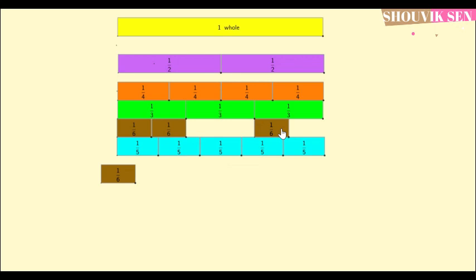Similarly, on the other side we are keeping the other two 1/6. So see, in the middle we have a gap which is equivalent to 1/3. So from 3 1/3, if we subtract 4 1/6, we get how much? We get 1/3. That we shall study while doing subtraction of fractions, and you will see that subtraction will be quite easier. This is only for visualization, so that you understand how fractions actually look.